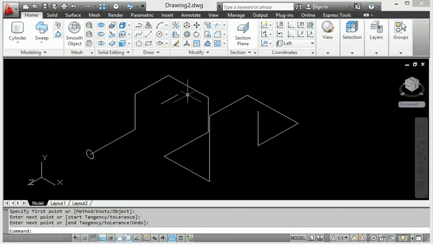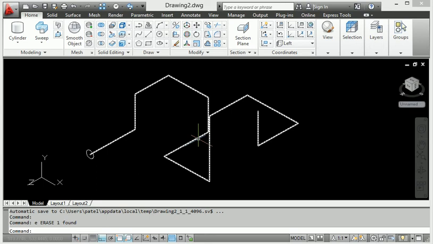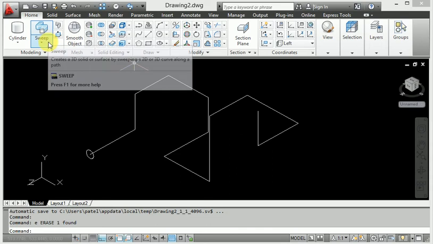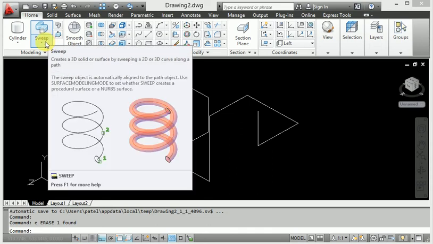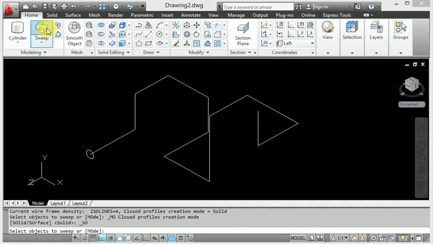Now when I create the sweep command, first of all we select sweep. Apply the sweep here, click this circle, then enter.